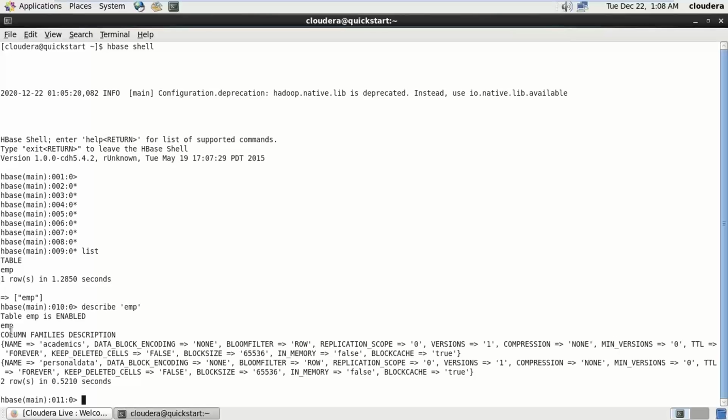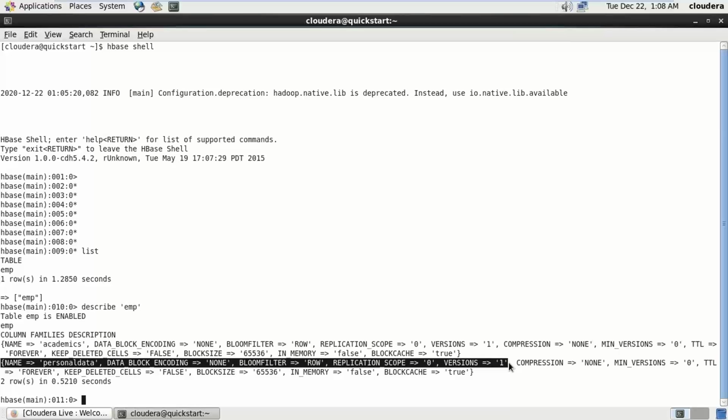So if there is a table which contains multiple column families, you cannot change the property for all the column families at once. आपको एक एक करके करना पड़ेगा, मतलब इस कॉलम फैमिली को अलग से चेंज करना पड़ेगा, इसको अलग से. So let me copy this. So I'm saying, okay, alter the employee table, comma,